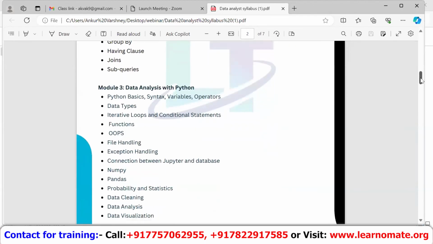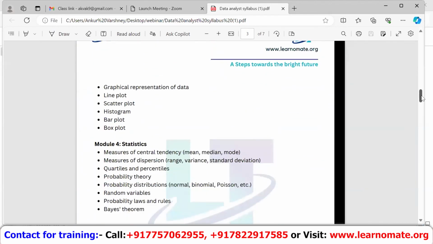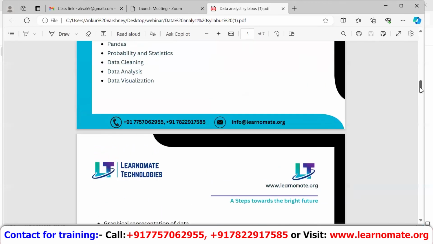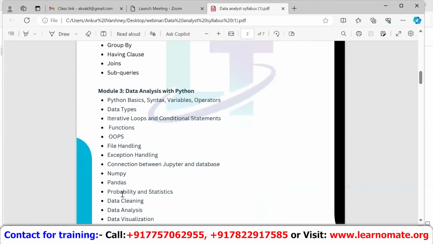The third module, data analysis, is Python. You just have to download Jupyter Notebook with the help of Anaconda software, and it will give you all the libraries of Python. Then you can do all the things, and I will tell you how. In module 4, we have stats. We don't need any software here. We have to go through the numerical and theoretical knowledge about those theorems and probability, so you can apply them in analysis in Python.